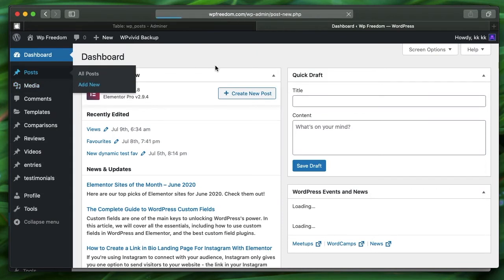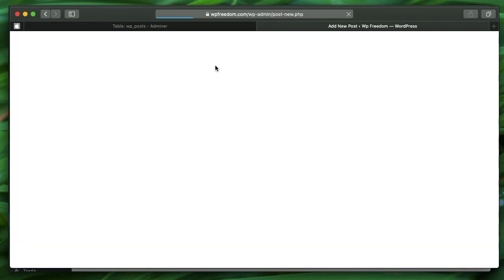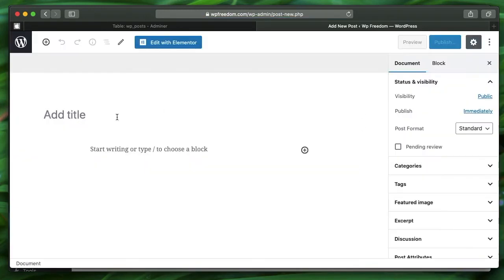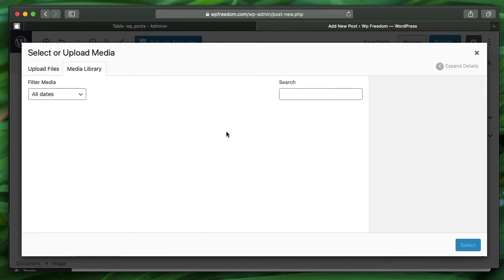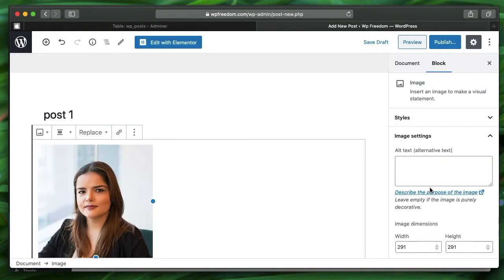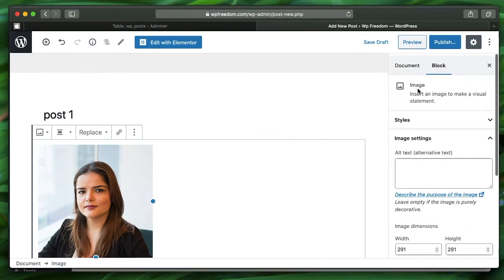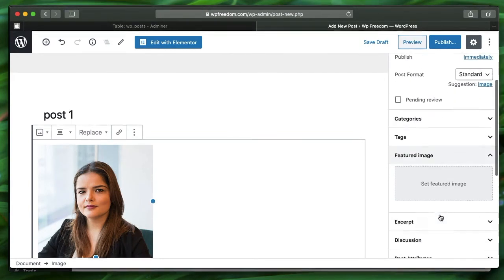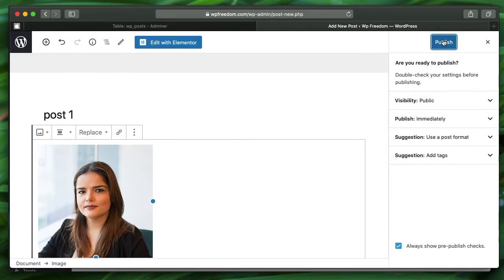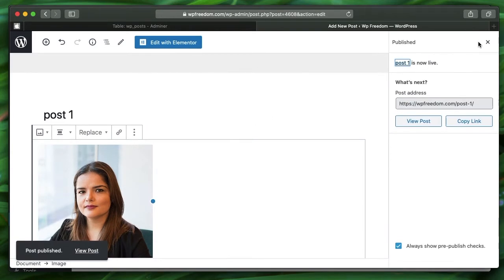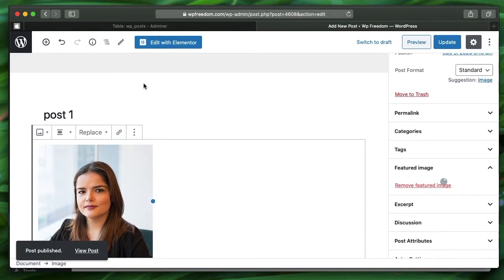Let's compose a couple of posts. I'll click on add new. Let's write a couple of posts in Gutenberg. So I'll say post 1, and here I'll click this, maybe library, and I'll choose maybe this image. Let's also have a featured image for this. So I have to click on document, and I have featured image here. I'll click featured image, and I'll pick maybe this image. Let's hit featured image. I'll publish. Now since I'm logged in as KK and I published this post, I'll go back to my dashboard. So I'll click on this WordPress icon. It takes me back to my dashboard.